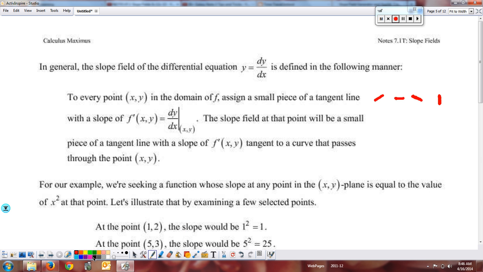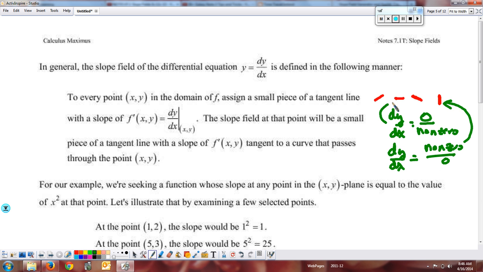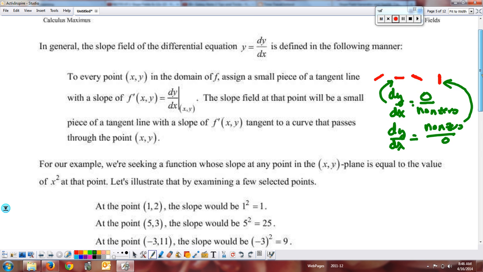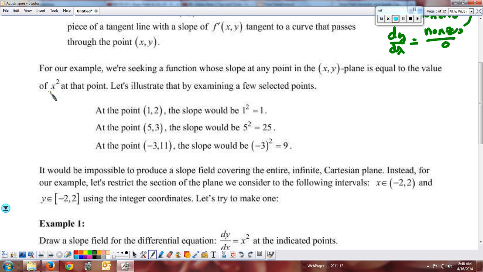And then just to remind you, going back to something from before, to get a slope of 0, when you calculate your derivative, your slopes, you need to get 0 over non-zero for your 0 slopes. If you get vertical slopes, dy dx has to end up being non-zero over 0. Okay, so that's just to remind you, this will give you a vertical slope, this would give you a 0 slope. Okay, so now pretty much in the example that we're looking at, which is our derivative was x squared,